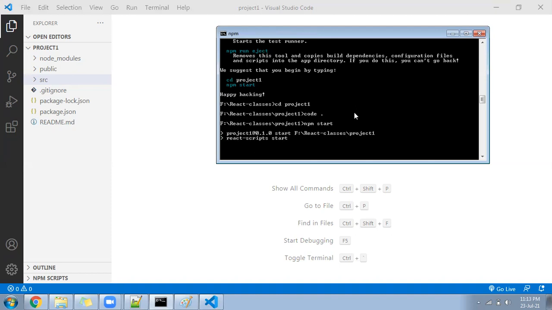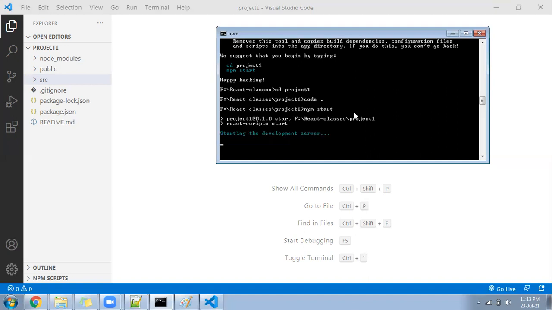It may take 1 minute. After that, you can see the React project will start running in the browser, and we will be able to see the output of the default page. Let it start. It is just starting.